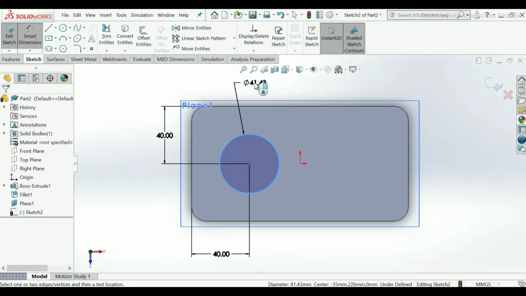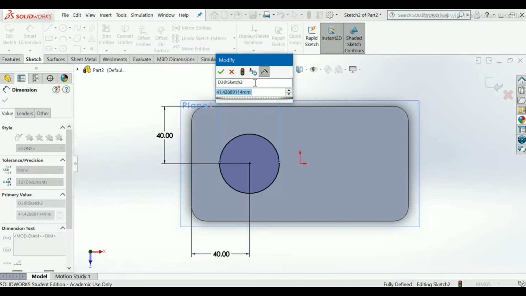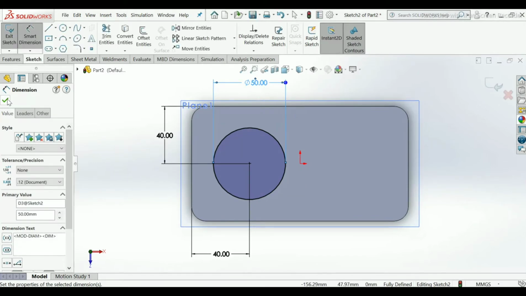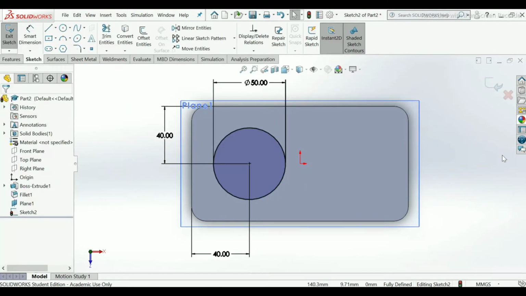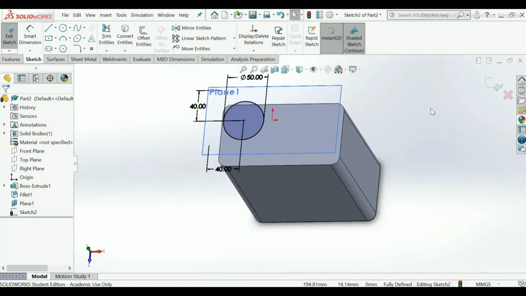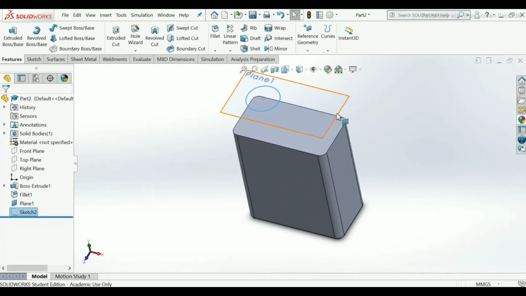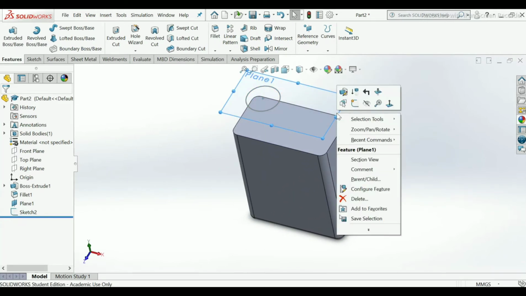Diameter will be 50 mm. OK. Exit. Now our sketch has been made. Hide this plane. Select right click, hide.